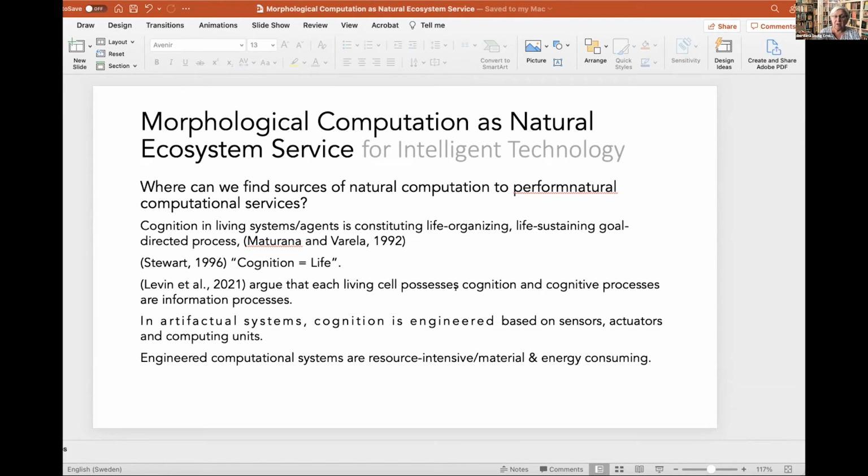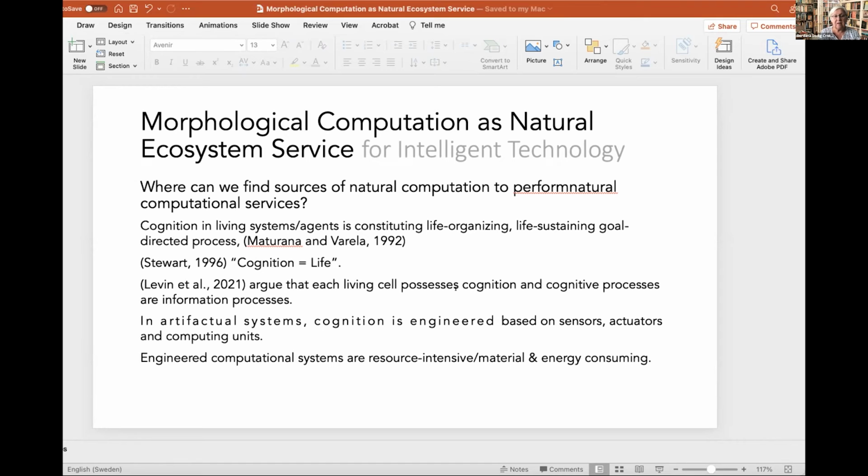So there was a huge discussion, and still is. Can we really say that cells are cognitive systems? In which sense are they cognitive? What is cognition? We have heard this question, and it is far from clear what it is, and that's what we are working on, to understand how much we can borrow from the behavior of biological systems.